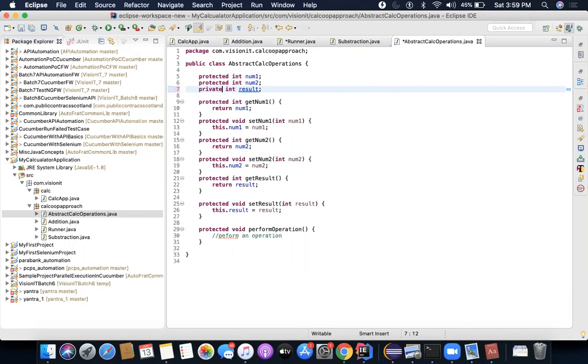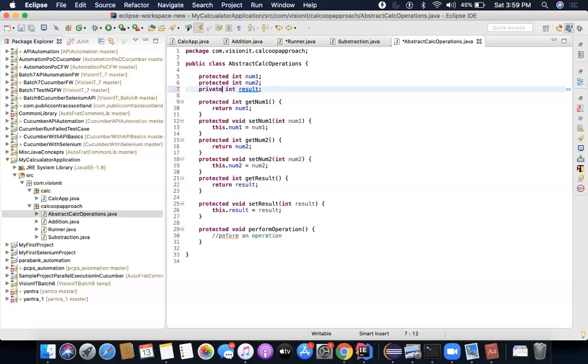Why? Because that's a standard operating procedure. Similarly here, it's a standard operating procedure, so that you don't mess things up accidentally, right? So that's the good practice, that you should always make them private, not public at all. There's never a case where you have to make these variables public. Of course, there could be some exception, but mostly if you are properly following object-oriented programming languages, then you have to make it private.